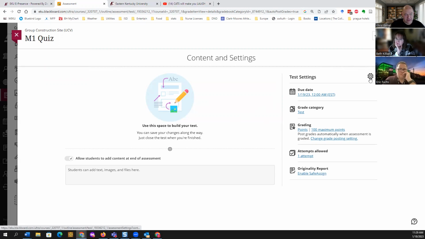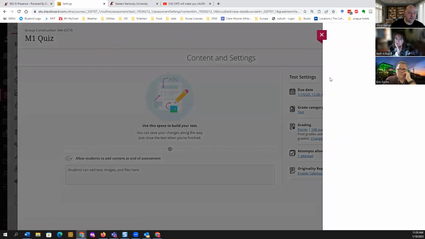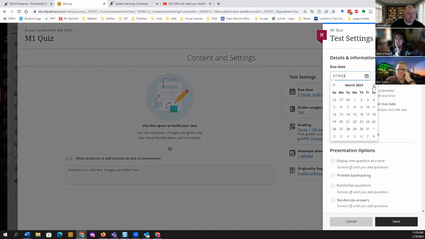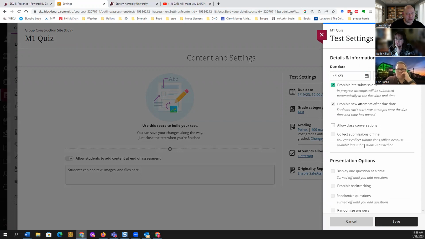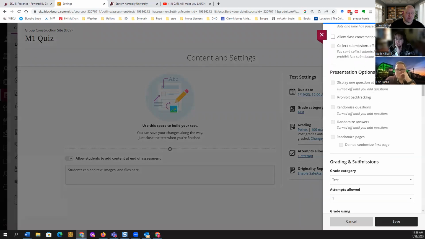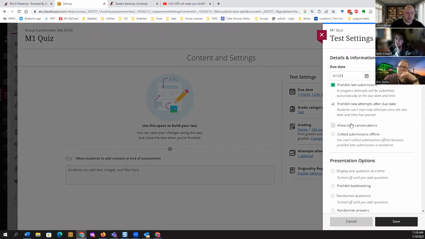There are more settings by hitting this gear icon here. If you know what the due date's going to be on this test, and you know that you want to prohibit late submissions and prohibit backtracking, we're getting into some of the more advanced items here. You can go ahead and do that once you have questions created.